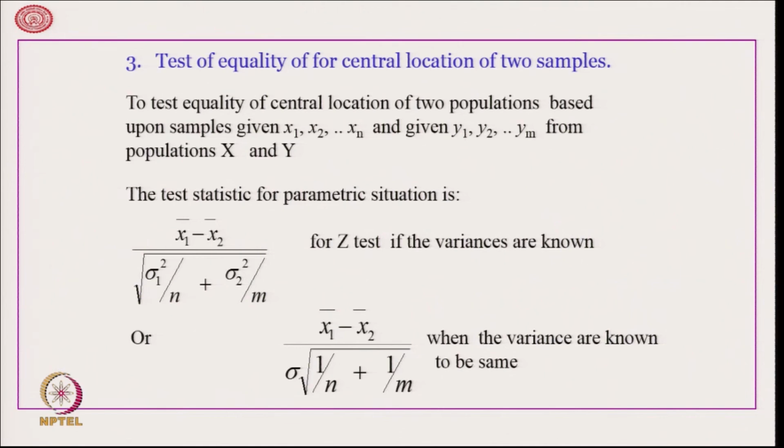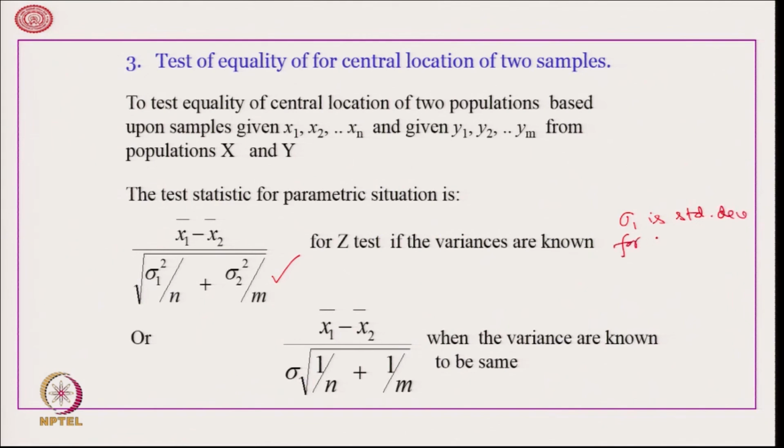If we want to do a z test, then the corresponding statistic is x1 bar minus x2 bar divided by the square root of sigma 1 square by n plus sigma 2 square by m,